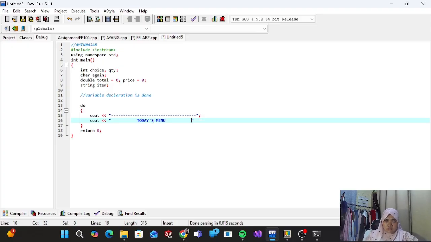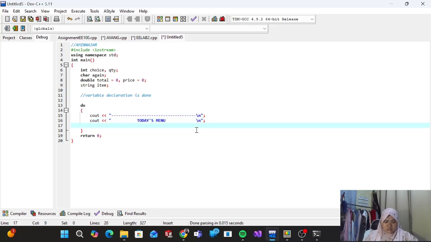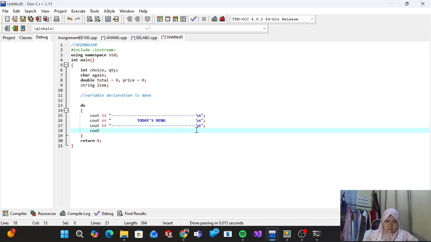The main ordering logic begins with a do-while loop. This loop is used because the customer must be able to order at least once before deciding whether to continue. A do-while loop is the best choice here because it executes the code block first before checking the condition. The loop will continue repeating as long as the customer enters Y or y when asked if they want to